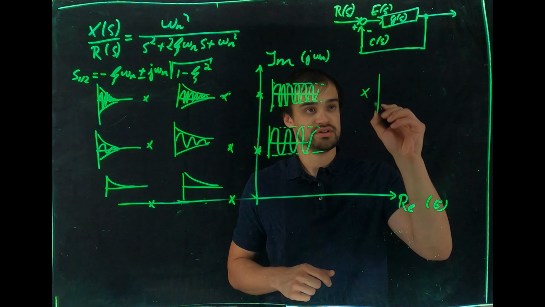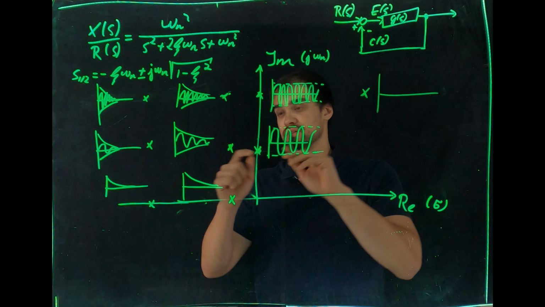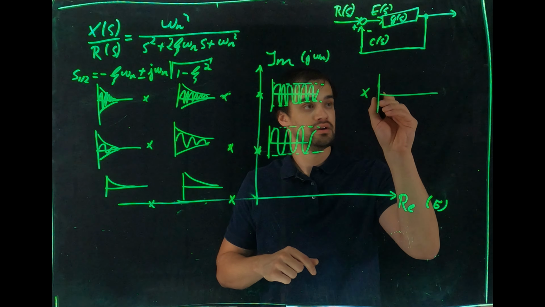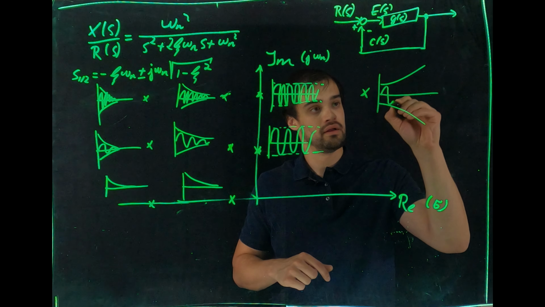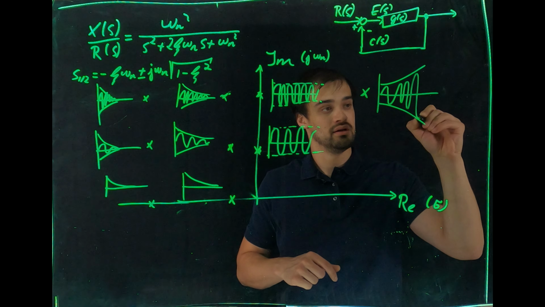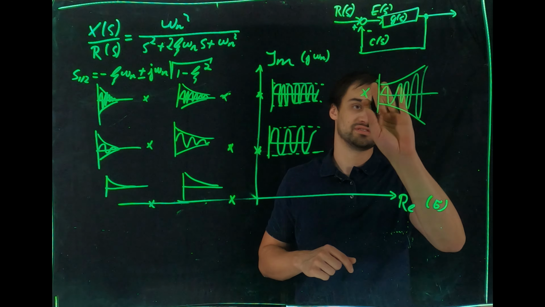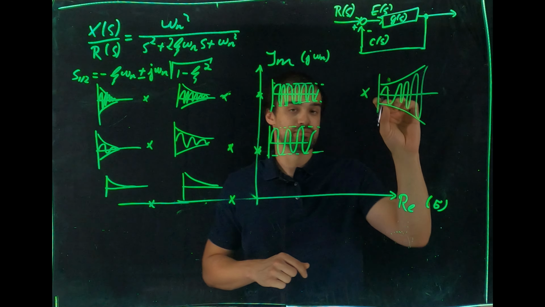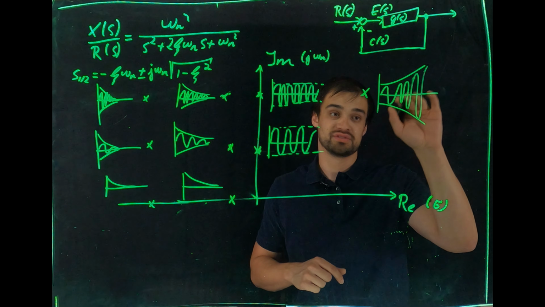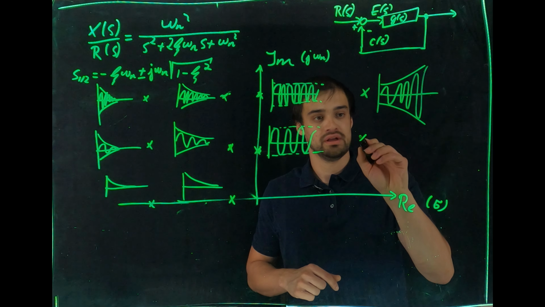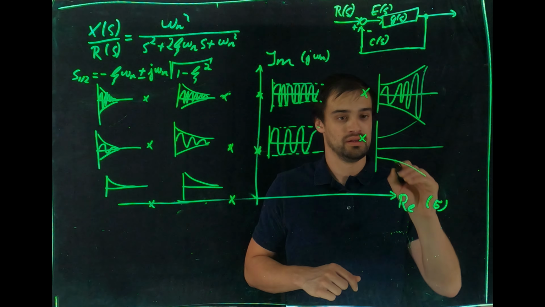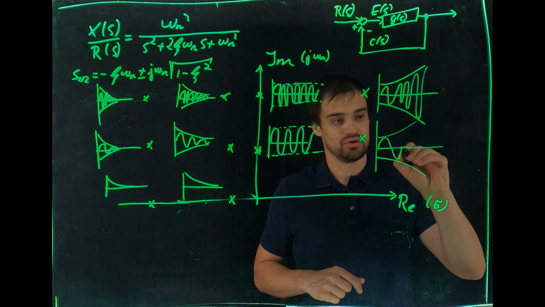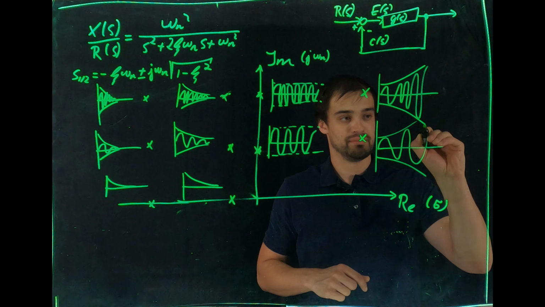In the unstable region, if a root lies here, for instance, you would have, instead of a decay, a growing. And in this growing, the frequency stays the same here, but I'm just illustrating it: the frequency is high and it's going off. And if it's here, the frequency is much slower than in the first one, but going off as well.